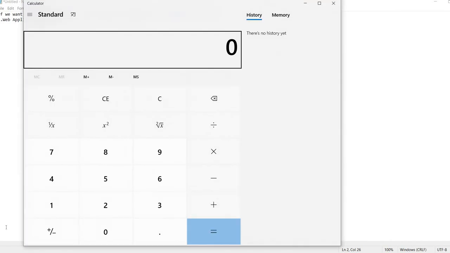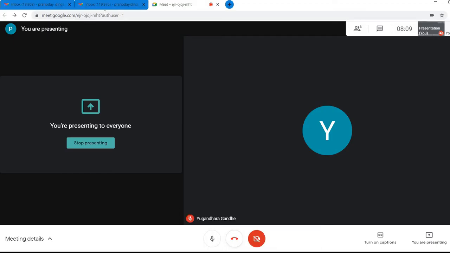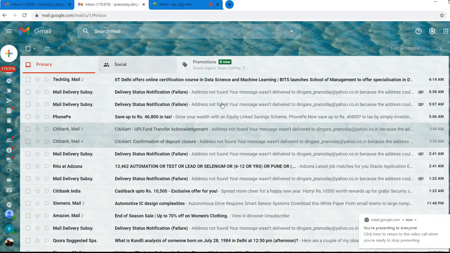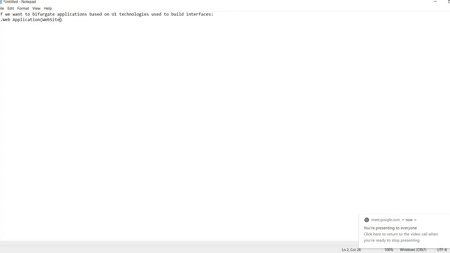Let's say this calculator, we interact with this calculator application through its interface, whether as a user or as a tester. Say this one, a Gmail. The application we interact with the help of the interface of that application, right? So in this context, what are the different types of applications?